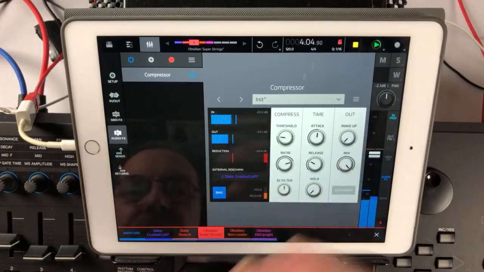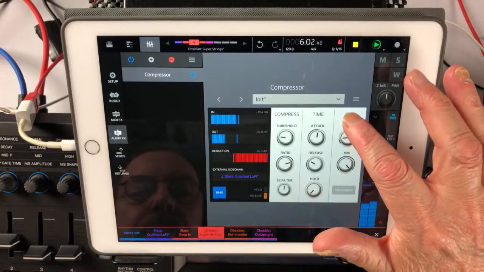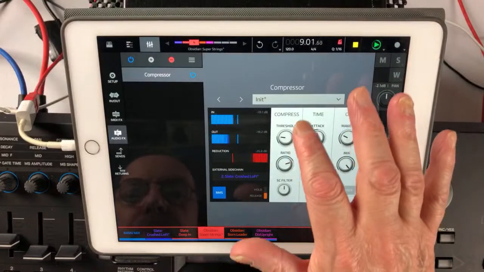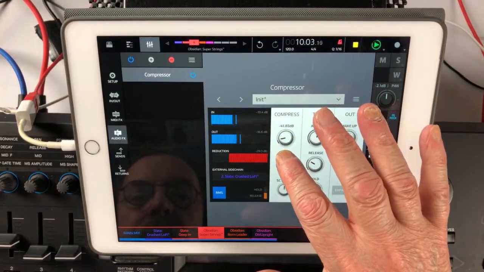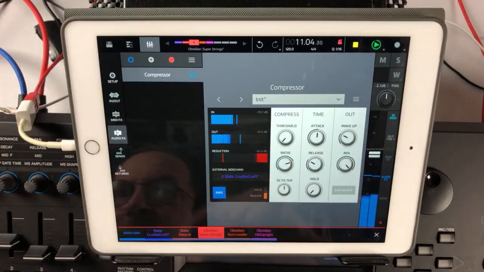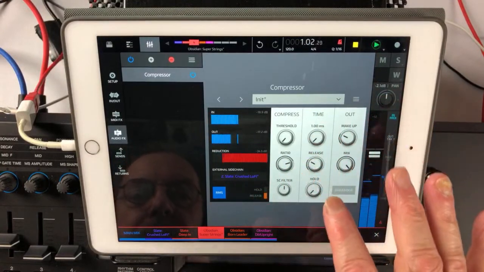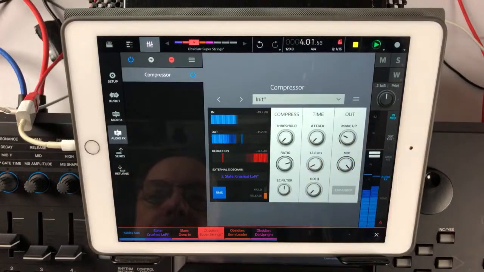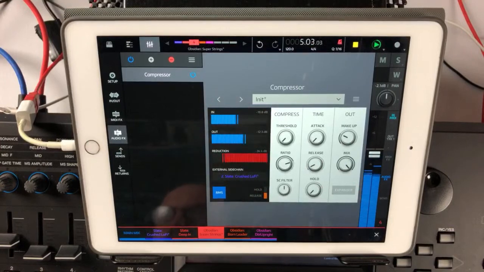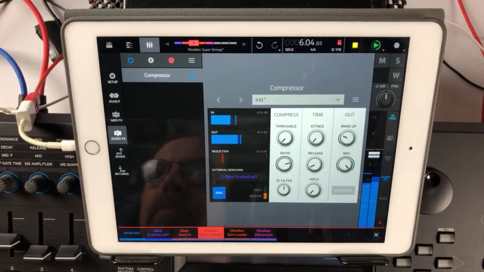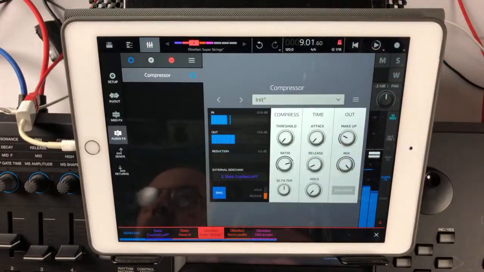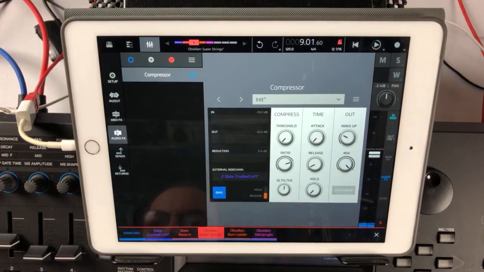So let's pull the sidechain. Let's put the makeup gain up a bit. Let's pull the threshold right down. Let's make the attack really fast and the release quick. So once we've got the sidechain set up, that's it. So that's how easy it is to set up sidechaining